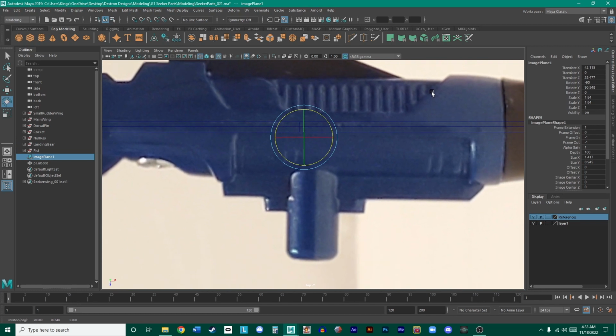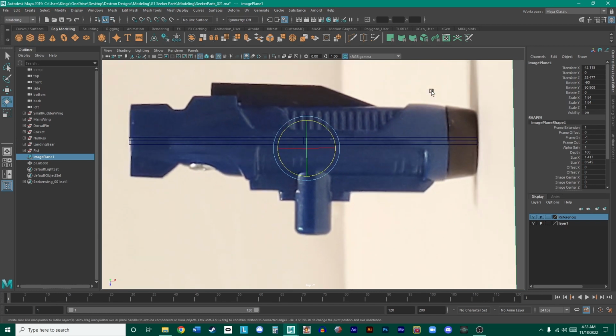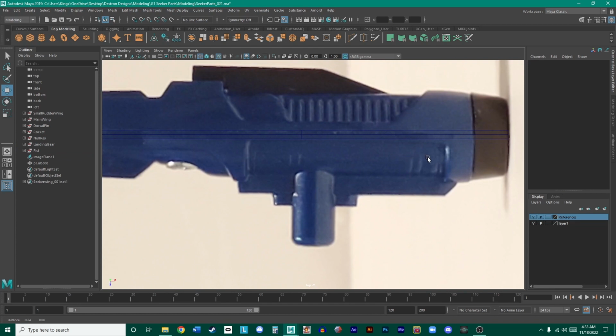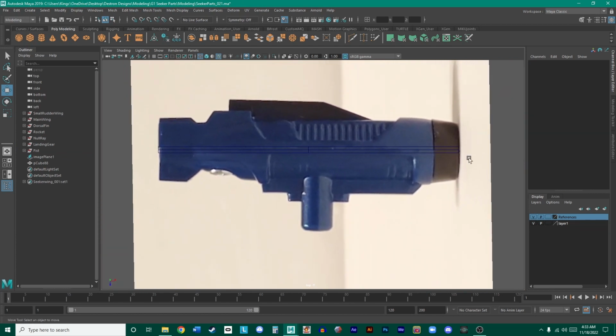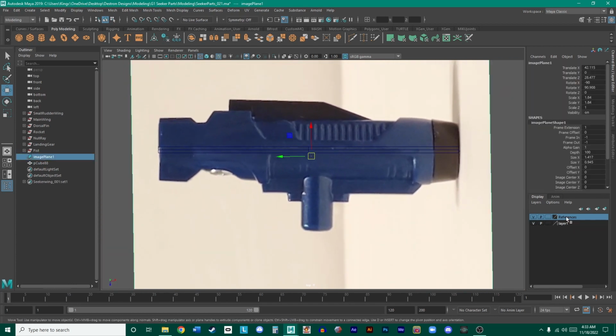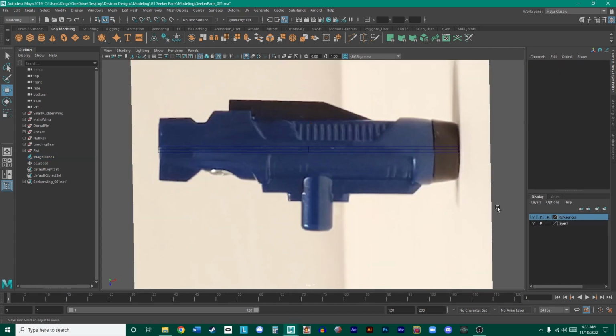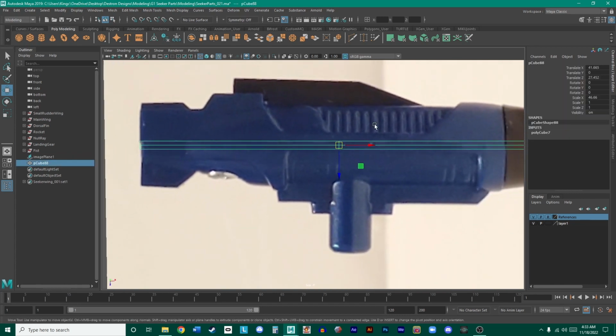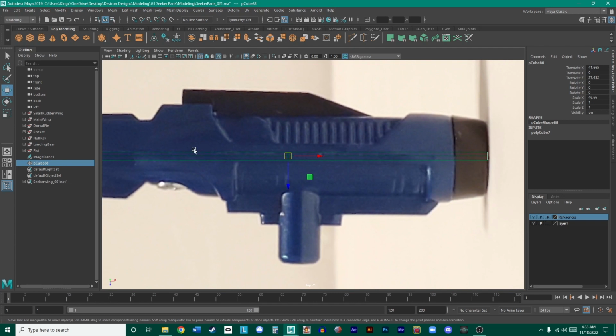Is that straight? Okay, I see the mold line, so I feel like that's straight, right? I could be wrong, but it's fine. The part that we're going to model is going to be straight, whether this is straight or not. I'm going to add this to my references layer so that we don't click on him and drag him around while we're trying to work. There we go. Alright, now that we have that set up, let's go ahead and start working on this cylinder